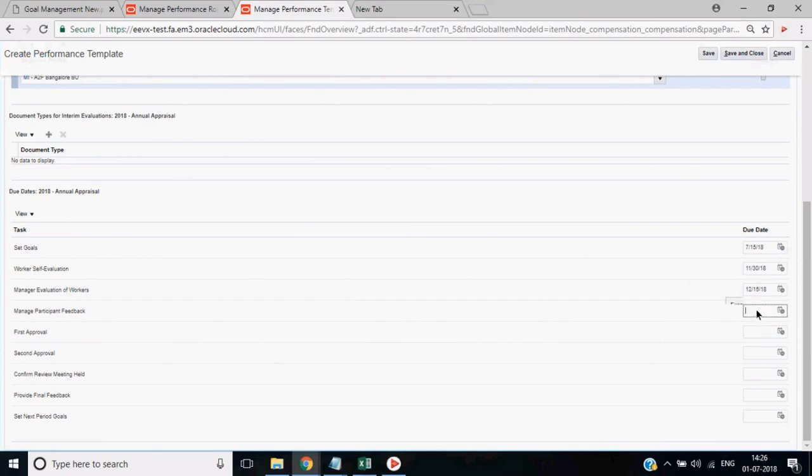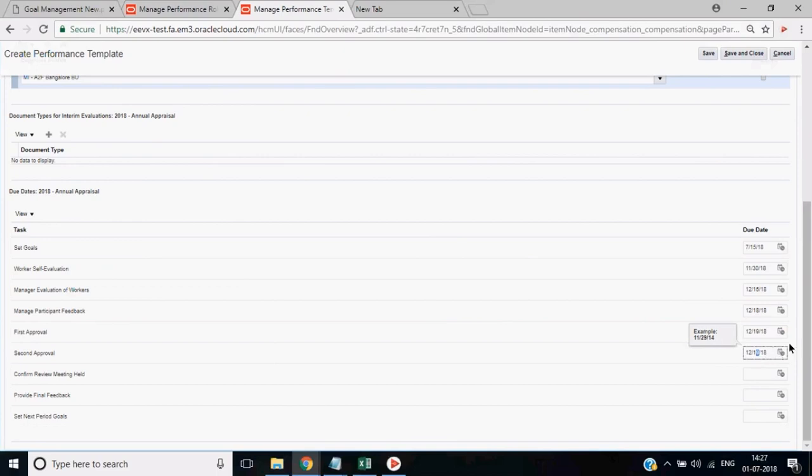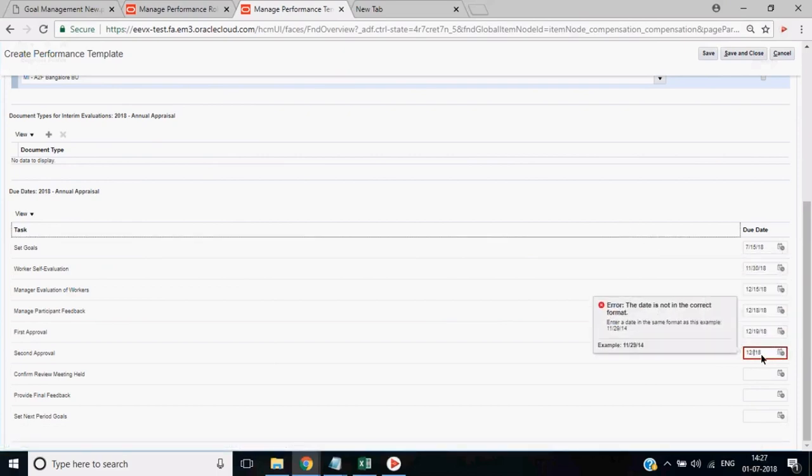So the participant managers, maybe I give another 2-3 days extra, so that it is beyond once the manager submits. So I will give 18th here. The first approval date I will give as 19th. The second approvals happen by 20th. I'm just giving arbitrary dates. Okay, confirmed review meeting held,